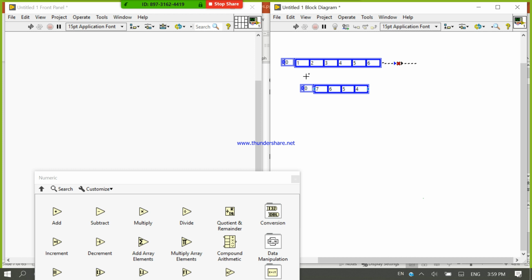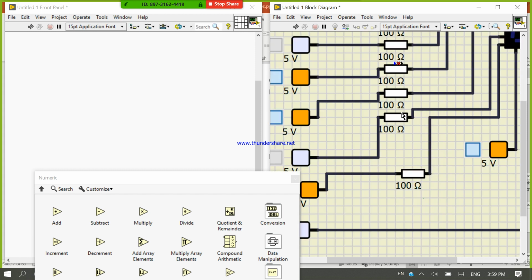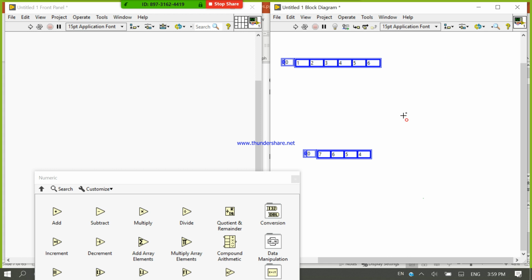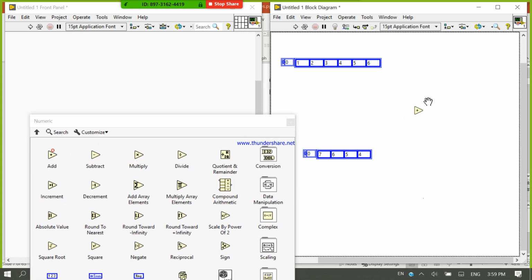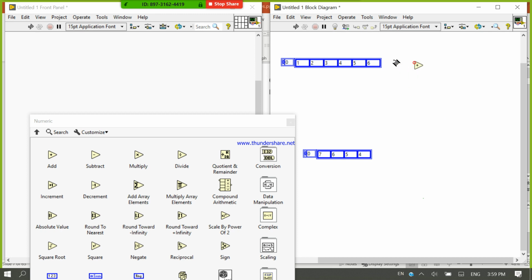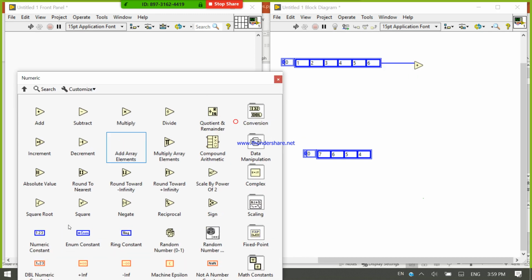In this example you have seen we can add two arrays. What happens if we add one array with one scalar value? What happens if we add one vector with one scalar?